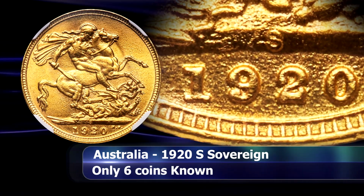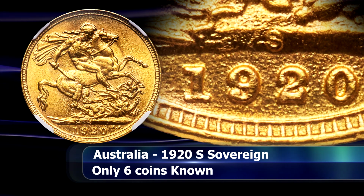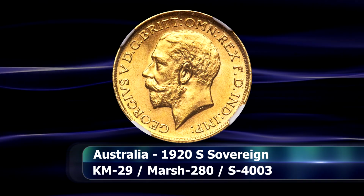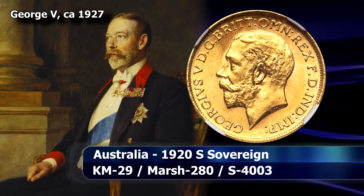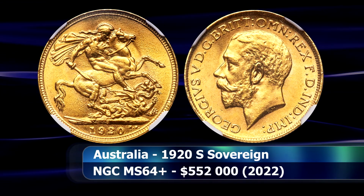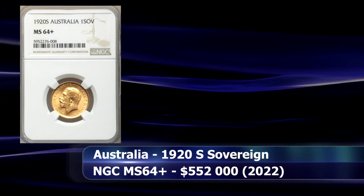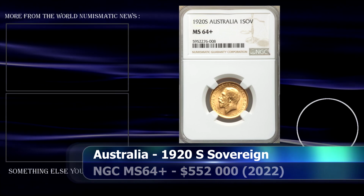Surely, though, the crown jewel of the Regent collection, as featured here, has to be the Australian 1920s sovereign. Despite its final mintage of 360,180 coins, although already a diminished number within its series when compared to its peers, further exacerbated by mass meltings of gold coins over the following decade. Today, it stands as one of only 6 coins that can be positively identified to have survived, making this, hands down, the scarcest Sydney Mint regular issue sovereign, graded by NGC as MS64+. This gem beauty was able to secure a closing price at auction of